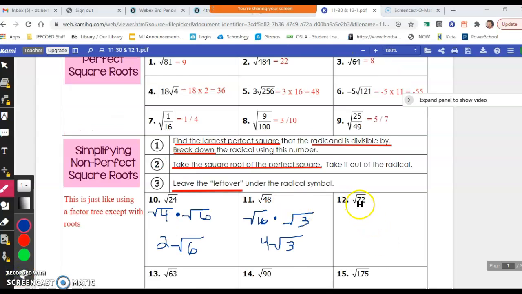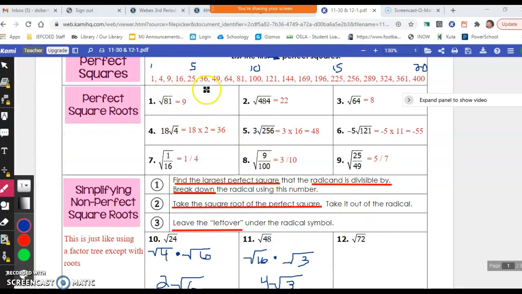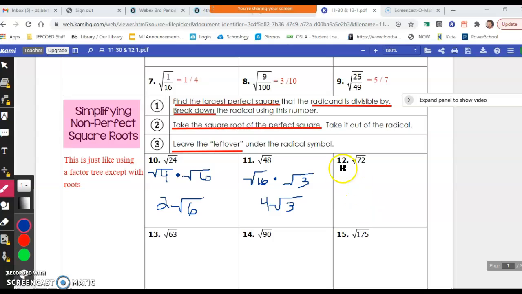Yeah. All right. So looking at 72 here, here's our perfect squares. We're going to use 36. It's the largest. So square root of 36 times the square root of 36 times what? 2. Okay? So now simply take the square root of the perfect square. And the square root of 36 is 6. And like it tells us right here, the leftover, whatever's left, we just bring it down. So it's 6 times